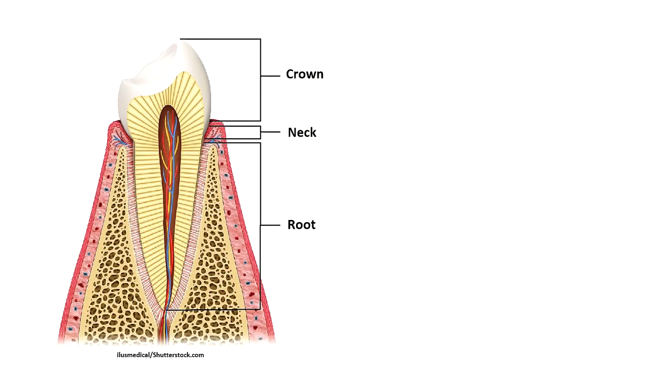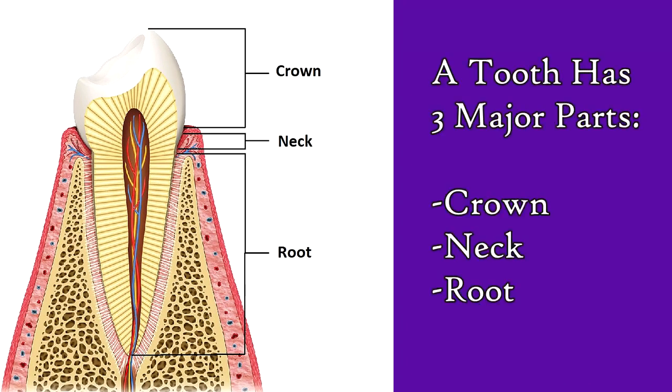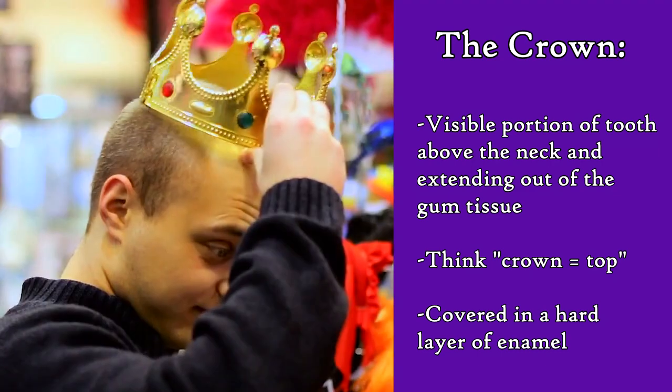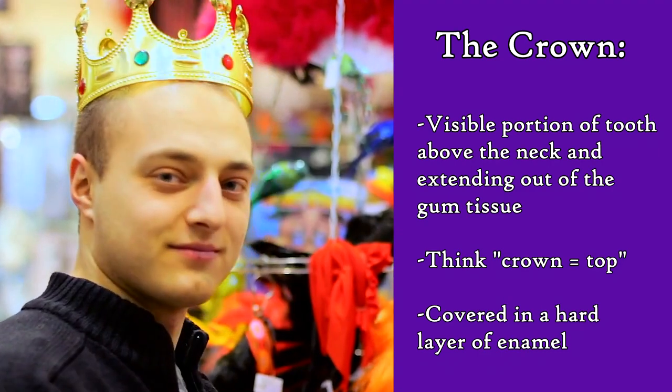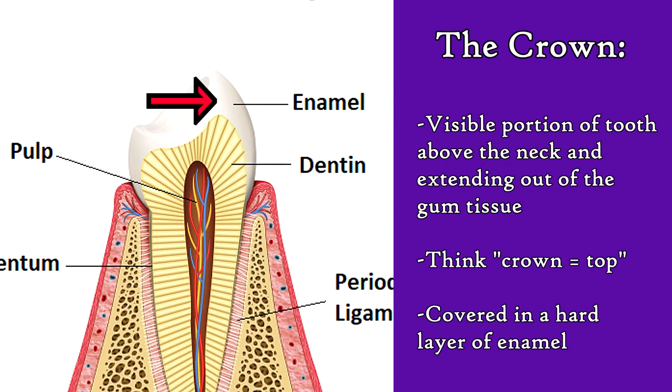Now, as you look at the anatomy of a tooth, you will see that it consists of three major parts: the crown, the neck, and the root. The crown is the visible portion of the tooth above the neck and extending out of the gums. Just as you have a crown on your head, you can think of the tooth's crown as the head or top of the tooth. It is covered in a hard protective layer called enamel, which covers the dentin and underlying